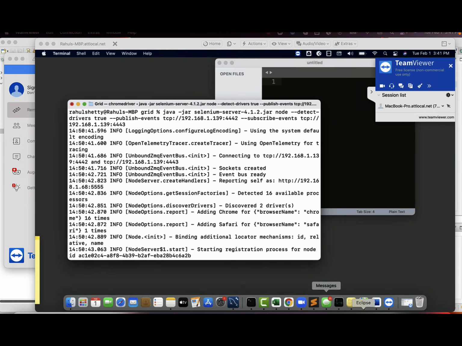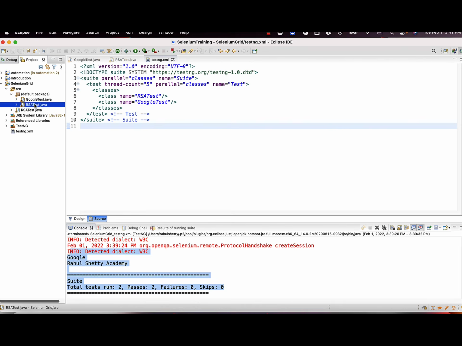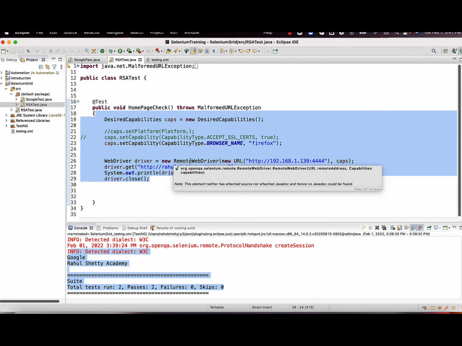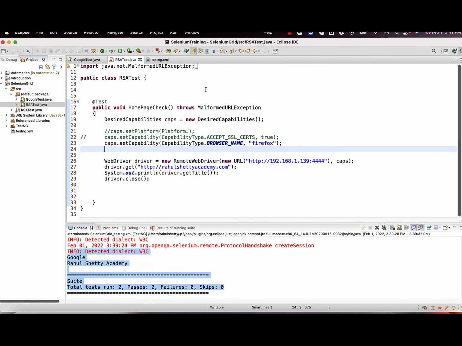Okay, so I didn't focus much on coding here, guys. No matter whether you write 2 lines of code or 10 lines of code, overall this test will execute there based upon how much code you have. Okay, hope this helps, and